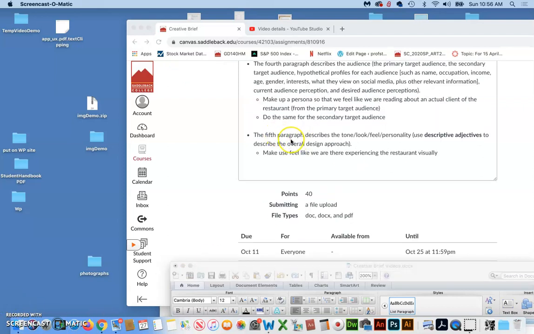And then the fifth paragraph describes the tone, look, feel, and personality of the product, in this case, again, a restaurant. So use descriptive adjectives to describe the overall design approach. And again, you're not giving away your solutions here, but you really want us to feel like we're experiencing your product right now. So you just describe that like you just walked in the door of the restaurant